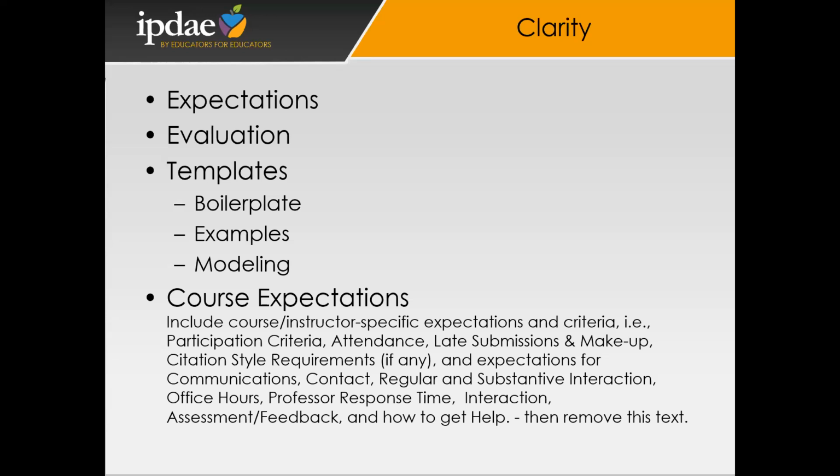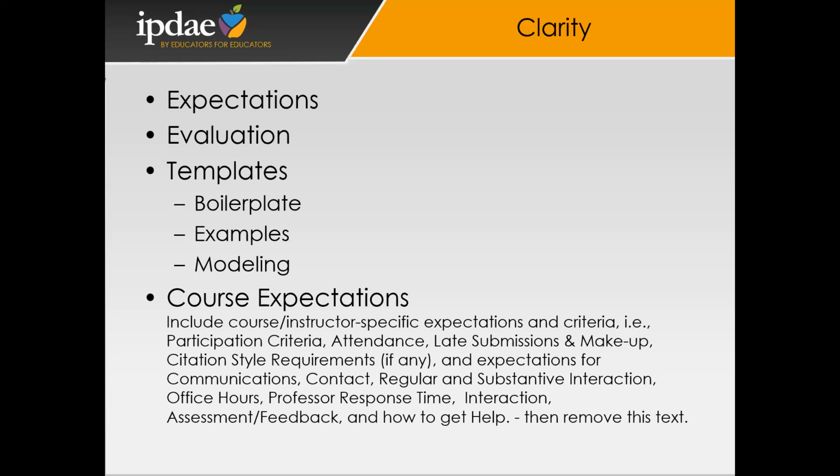So how do we get that across to our students, what we expect? Evaluation: do your students know just how they're going to be evaluated? Is it a surprise when they suddenly lose half credit for something they weren't even thinking about? Again, clarity. Some of the ways you can do that are templates at the course level, with boilerplate inside of the course template to show and model for your instructors the types of things you want them to do. This is just a quick example of course expectations boilerplate and modeling that we have for instructors to put in their course expectations document,